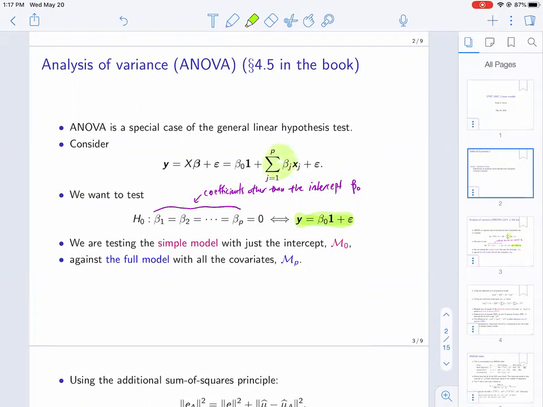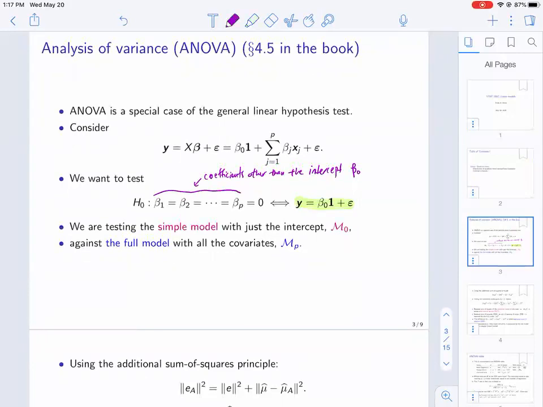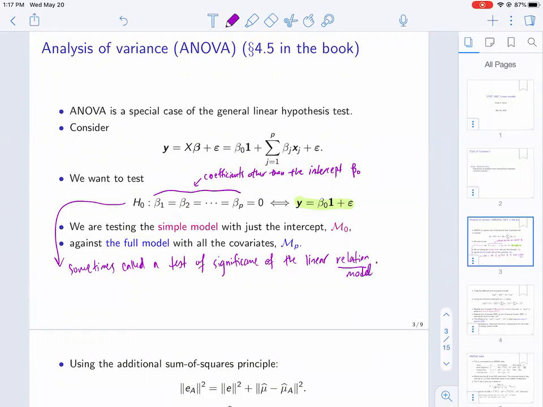So probably Y is not related to the Xj's at all, at least not linearly. Okay, and so sometimes this is called a test of significance of the linear relation or linear model. So if, for example, someone asks you to do a test of significance for this model,